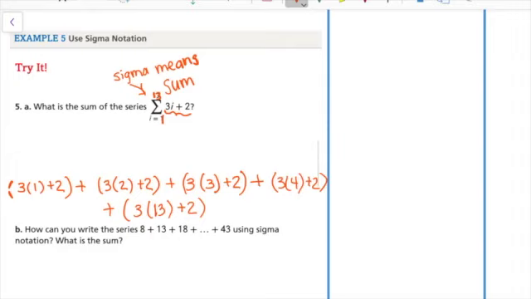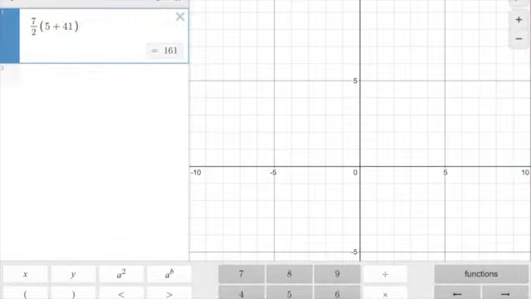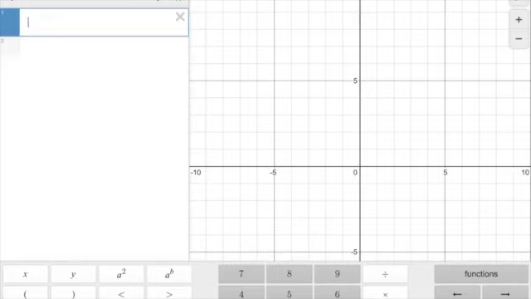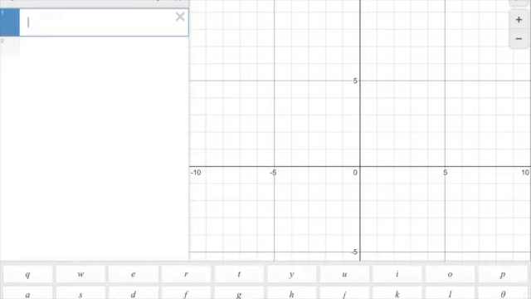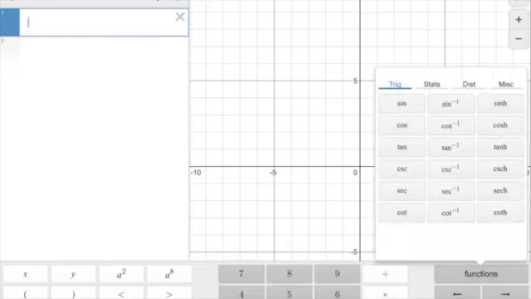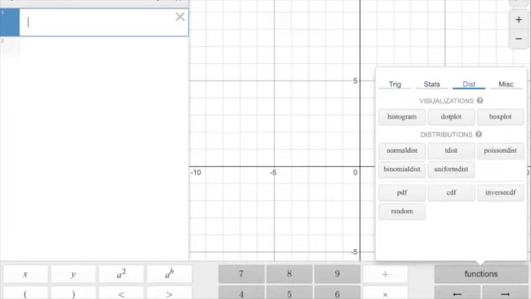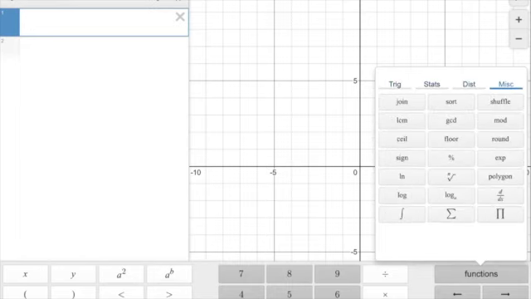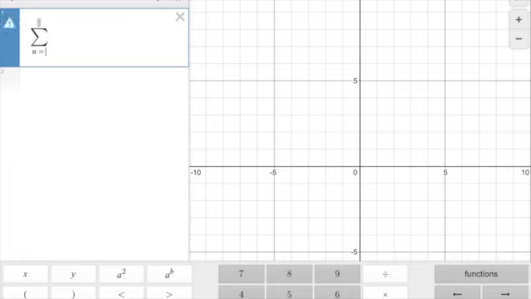Now, lucky for you guys, again, we can look at Desmos. So if I look at Desmos, and you gotta remember where it is. Functions, maybe. Yeah, there we go. Okay. So on your phone may look a little different than on a computer or a Chromebook. So make sure you're looking for miscellaneous, sigma,